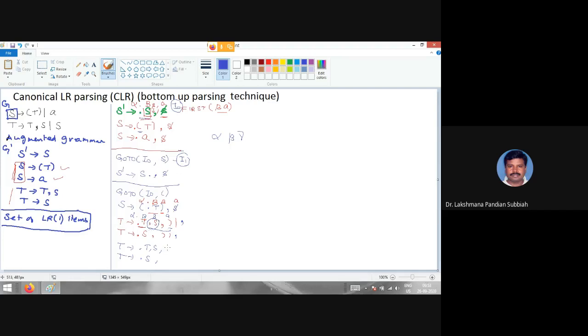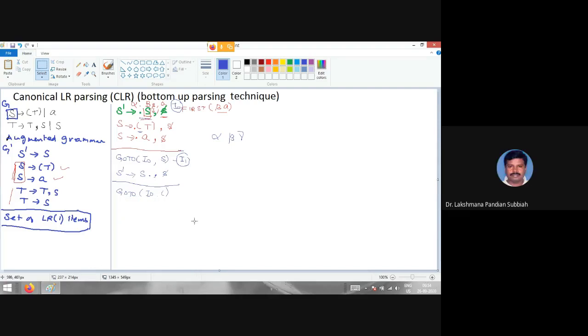Now you merge these two, and they stay as they are. The lookahead is either close bracket or comma. Are you able to understand now? Yes, sir, understood. Once again I will write it, then you can easily follow.